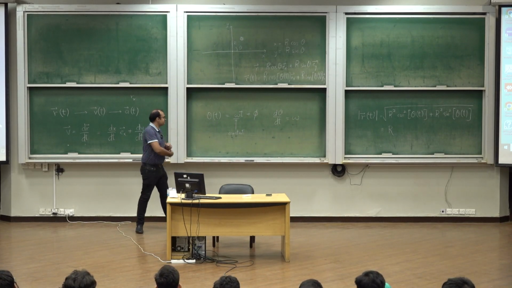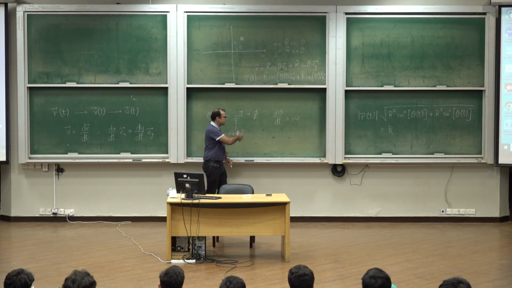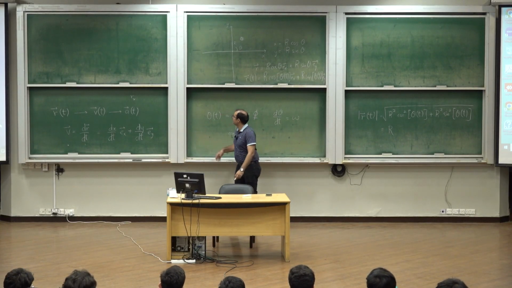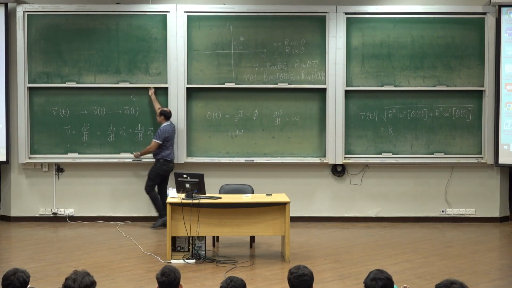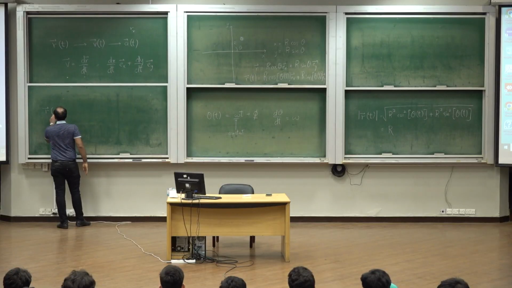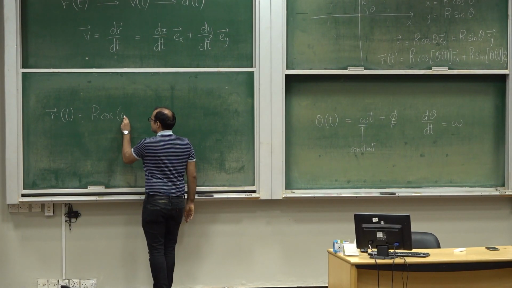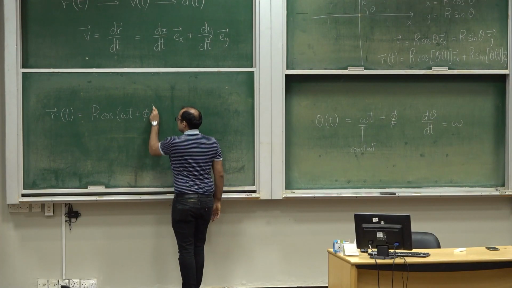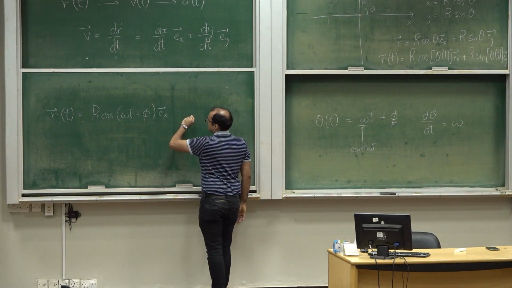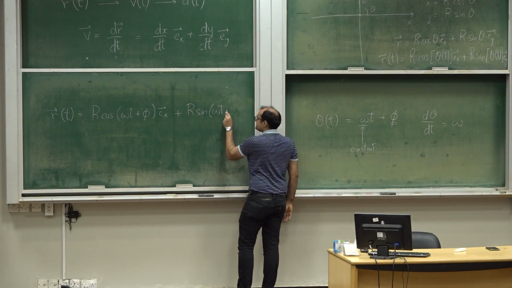Okay, right? So, and what is this phi? इसका physically क्या मतलब है? Well, let's come to that. ये theta of t plug in कर दो उधर. So let's plug it in. So r of t now for this special case becomes r cosine of omega t plus phi ex plus r sine omega t plus phi